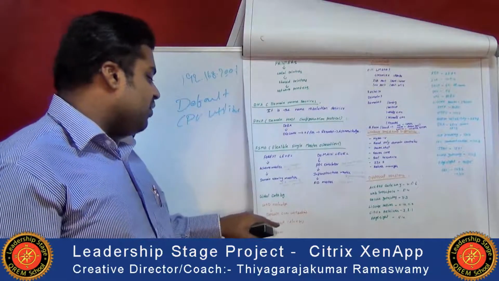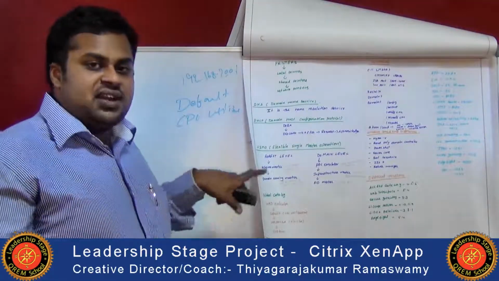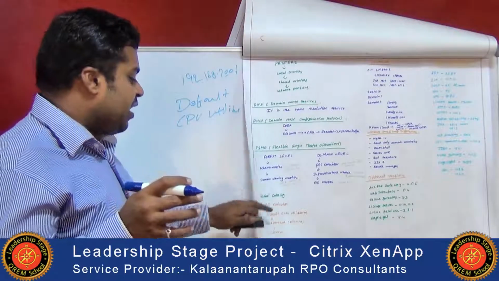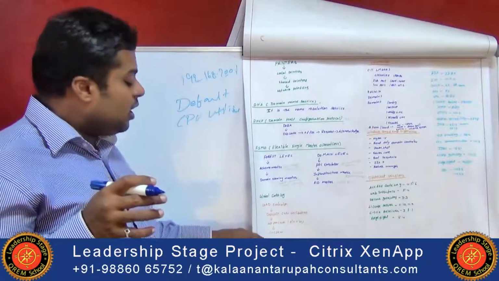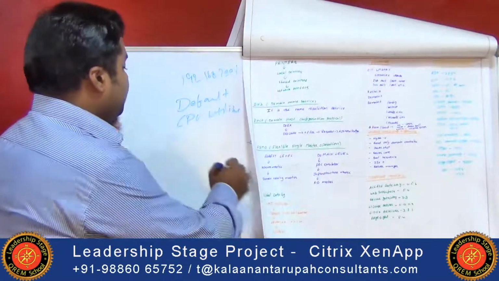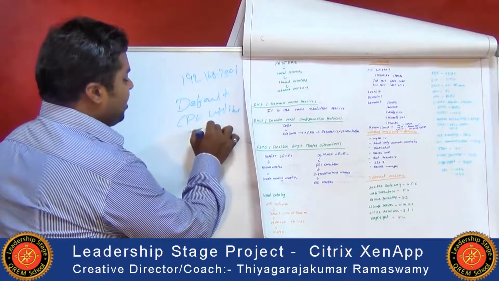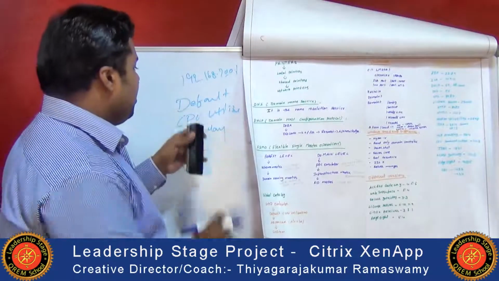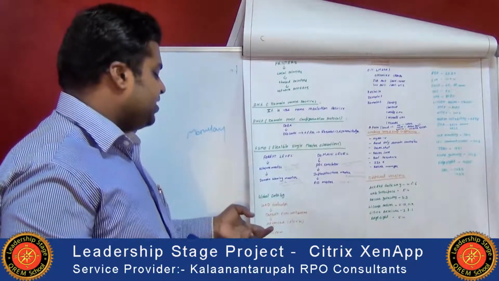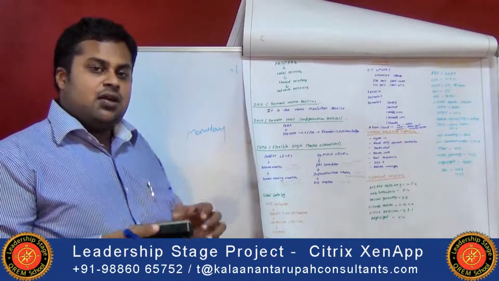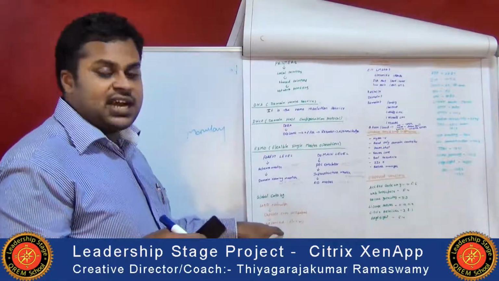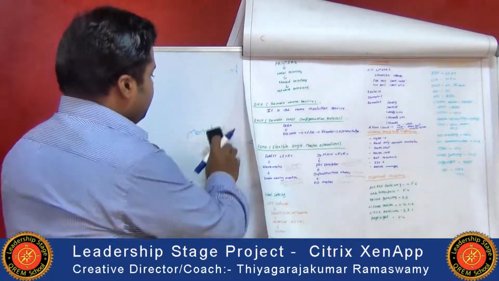In the advanced load evaluator, we give the CPU utilization, the file size, and how many users are accessing it, using the advanced configuration. In the custom load evaluator, we give these manually: CPU utilization, file size, and how many users are accessing that application. All these are in the custom evaluator, given according to the users' needs.